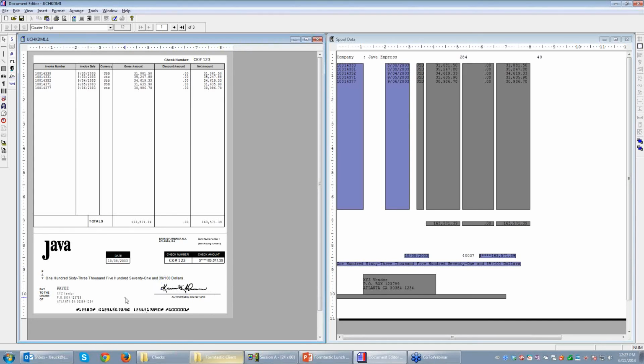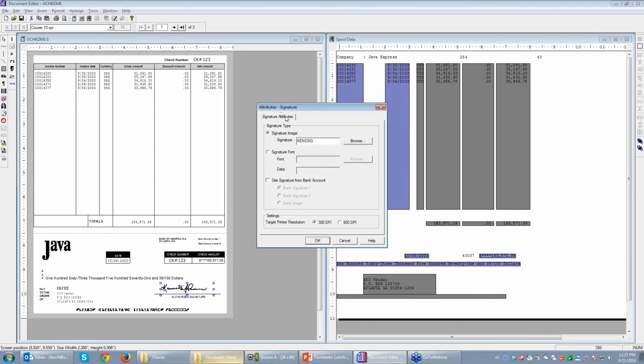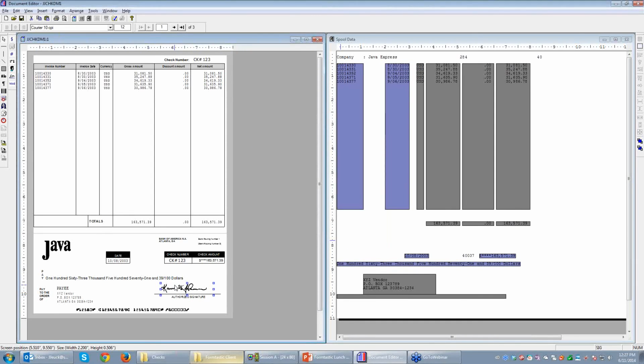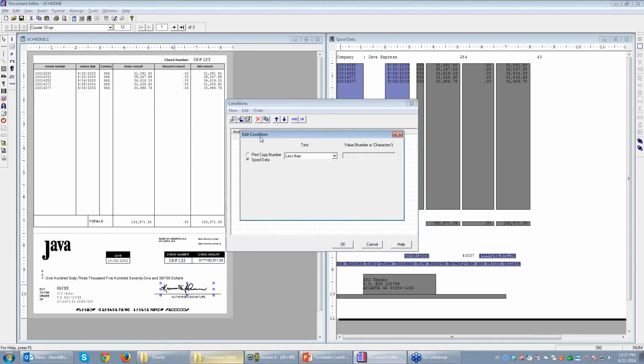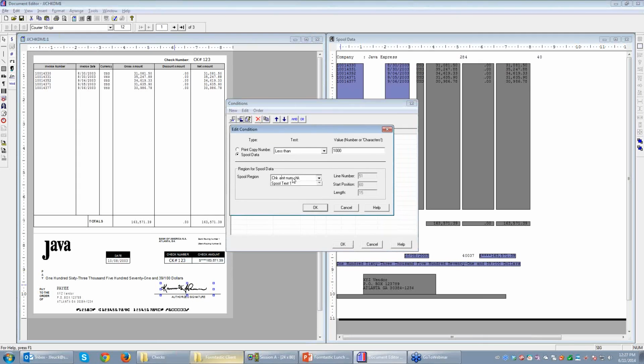Well, once you tell Formtastic to go out and grab this signature image for every check that's generated, you'll go in and set the conditions to only occur when this check amount, which we've defined as this value here, which is the total amount,